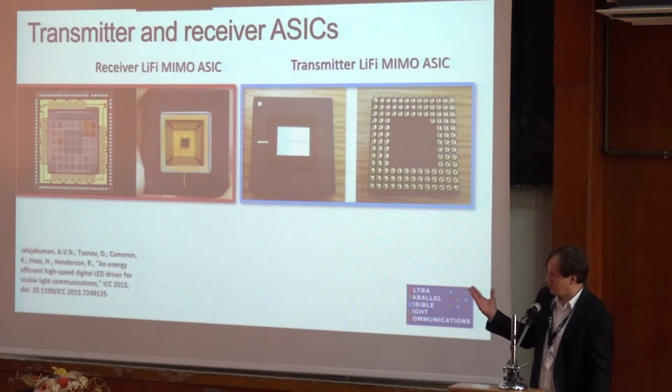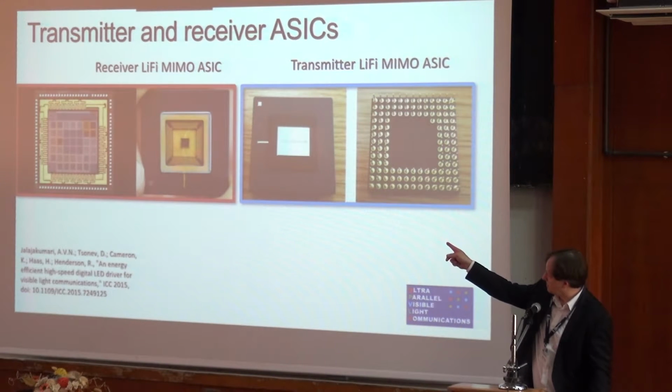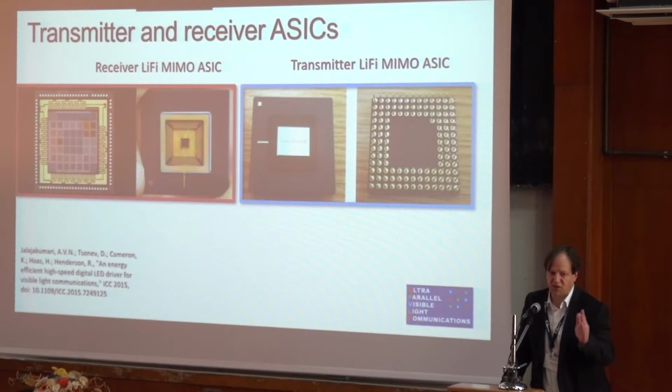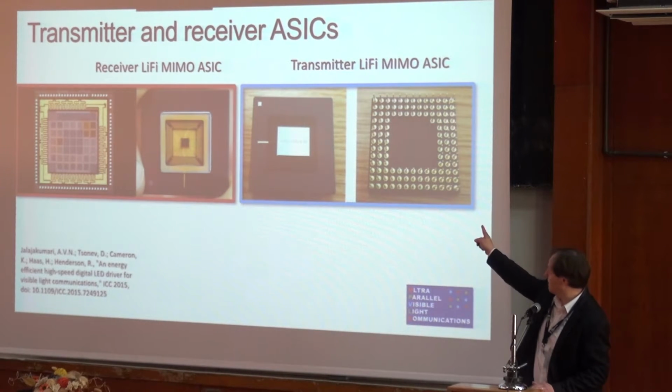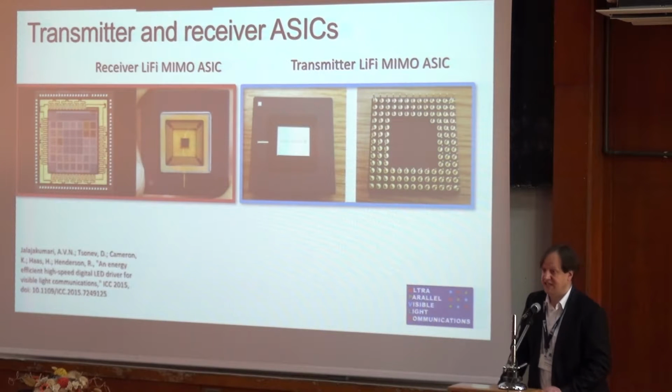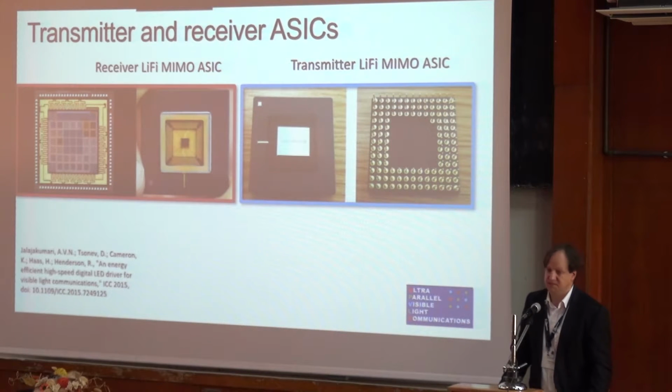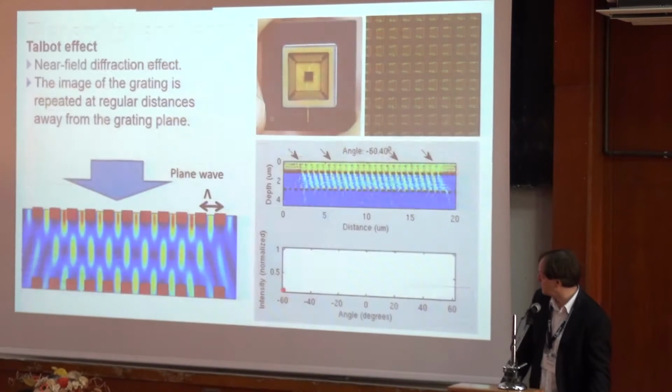I told you about the components. This is the receiver chip I've shown you earlier. You see the 49 7x7 APDs on CMOS. It's a massive MIMO detector. And that is a LiFi chip that drives LEDs directly, with 4 chains. So we can use it as a MIMO device or what we call a ganging device, transmitting 1 ampere at 500 megahertz. So with that chip, we've driven 1 gigabit per second by basically just connecting an LED to it. And here's our RGB system.